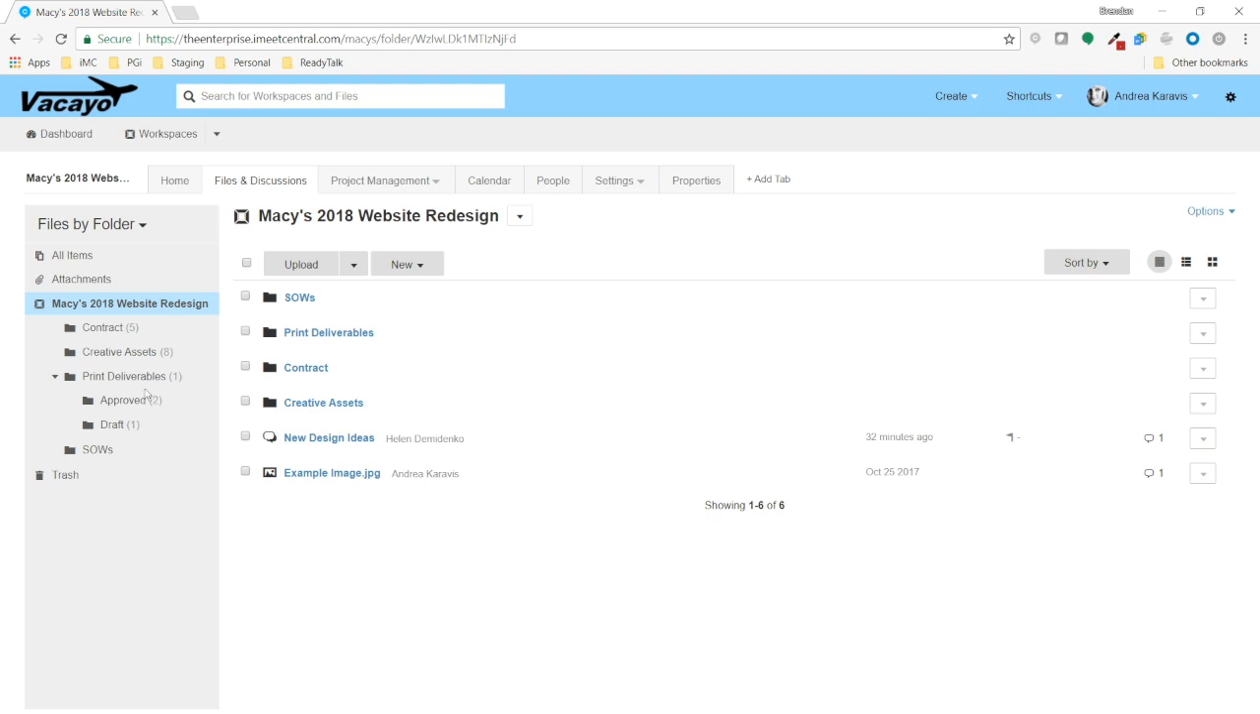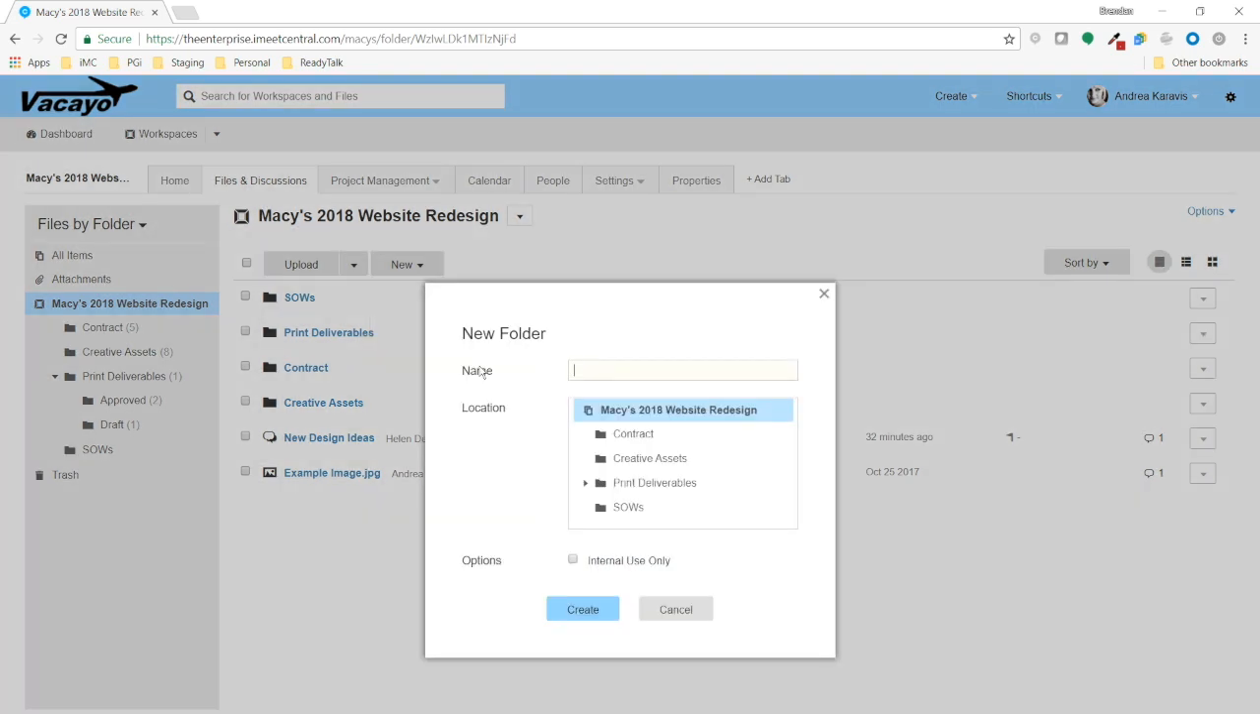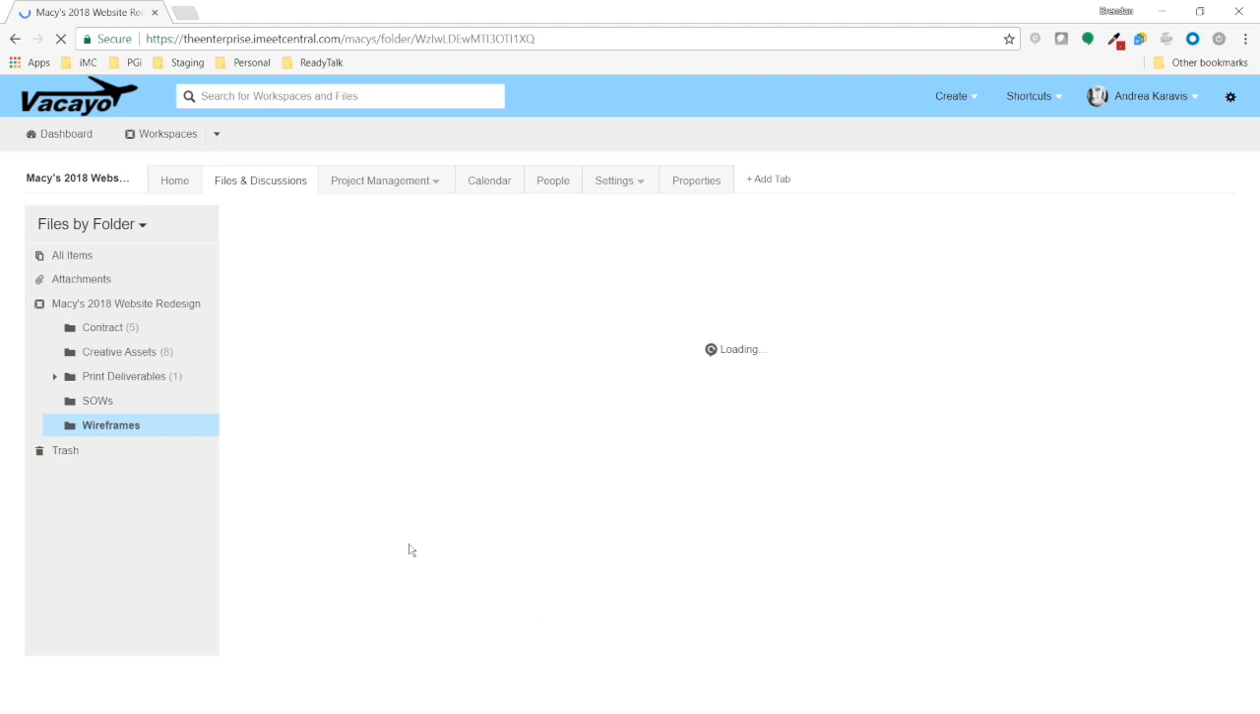To create a new folder, you simply click the New button here at the top of the File List area and select Folder from the drop-down list. In this case, you might want to create a folder called Wireframes. Maybe you're going to have some wireframes uploaded and you need to find them. I would create a wireframes folder and then just let your team know if you're uploading a wireframe, this is